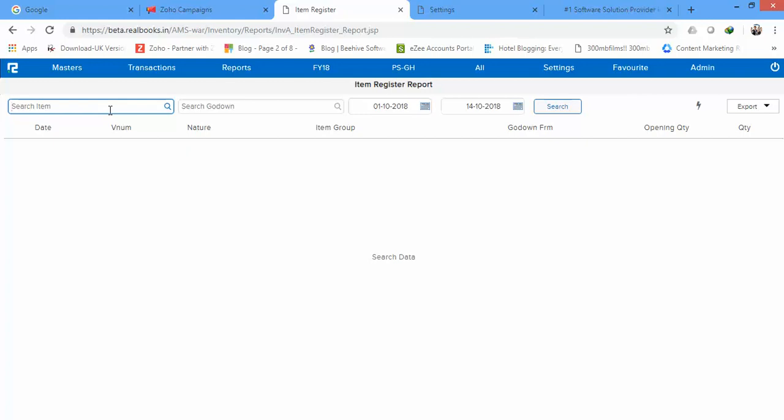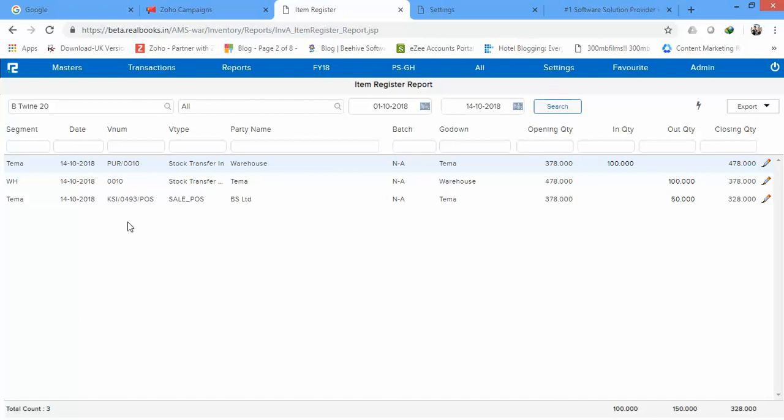I said here we can take B20, and I said all locations go down. Search is trying to tell you that you made it in Tema. You had made a transfer in from warehouse when you were having this much quantity, okay, and then as opening and 100 was in, so this is how much you had, okay, and then the same person had made on 14th